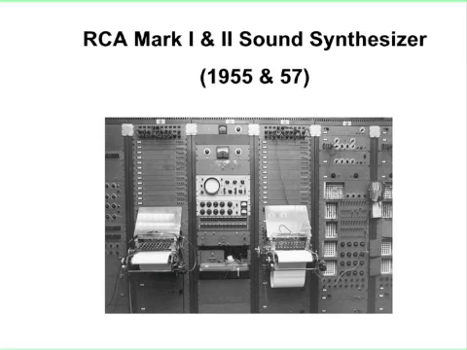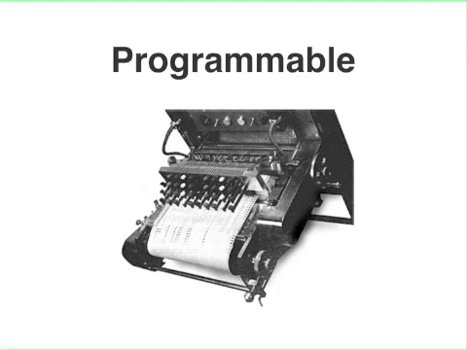Next we move on to the RCA Mark 1 and 2 sound synthesizer, another enormous synthesizer. These were basically being made in the mid-50s in a large complex of rooms in New York City and Columbia College. RCA basically built the Mark 1 and 2, and the distinguishing characteristic of this synthesizer is that it was the